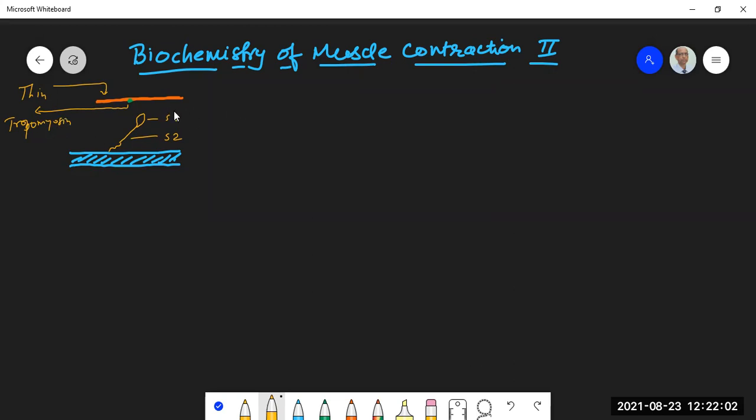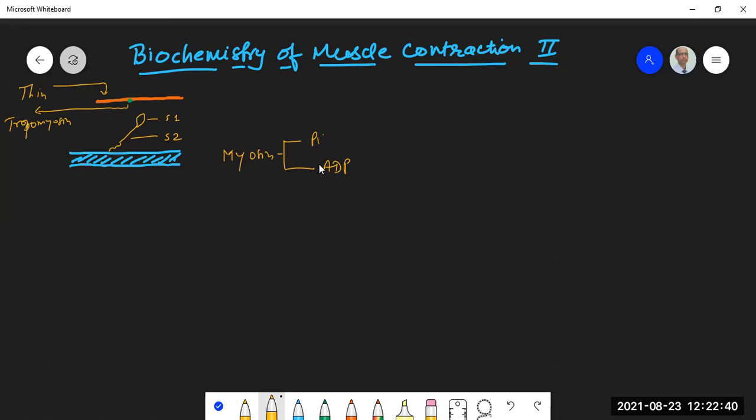So this is the thick and thin filament in the resting stage. What you can see here is that the S1 heads are unable to connect to the thin filament. There is a gap here, so thick and thin filaments are separated. You can write it down like this: myosin, Pi, ADP. Please remember, I told you that myosin is an ATPase. ATP gets attached to myosin, and myosin has an inbuilt ATPase activity, so it hydrolyzes ATP to ADP and Pi.